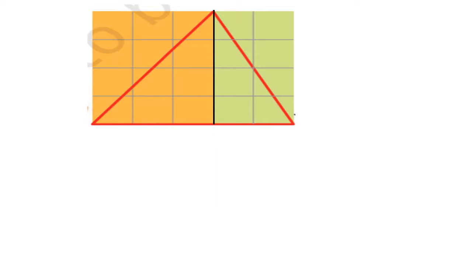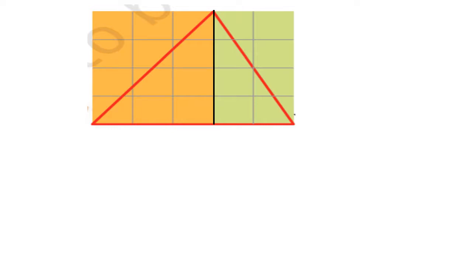So this line comes here and divides this rectangle into two parts. The first one is the yellow part and the other one is the green part. So how much is the area of this green part and how much is the area of this yellow part? First you can find out that, and then you can get the area of the triangle.